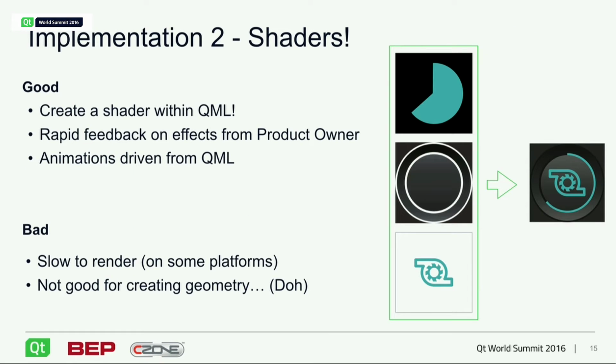So what we did then, number 2, is shaders. Is anyone familiar with shaders? If I say shaded, does that mean cool? All right, good. So what you need to know is in QML itself, you can create this thing called a shader. And it allows you to create some more dynamic content. You can create some animations or some color changes, and you can get this feedback from the product owner really quickly. You can still use your QML to drive any animations or anything that you had before, and I'll show you how that works. One of the bad things is it's not so great for creating geometry,